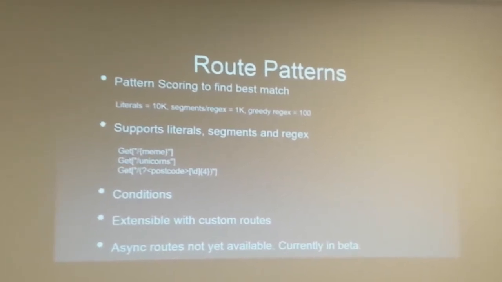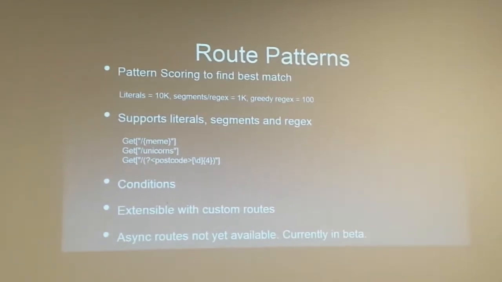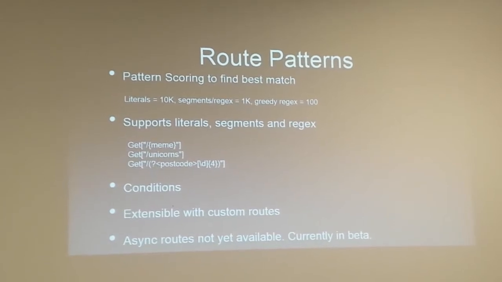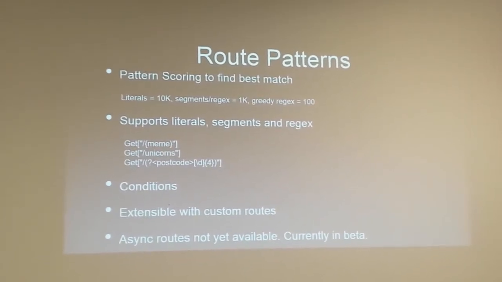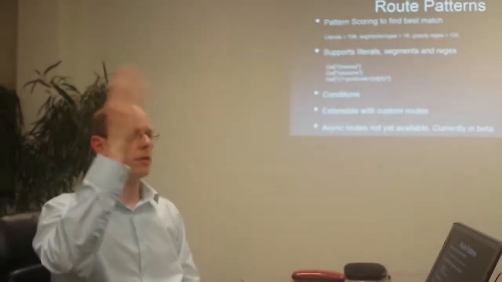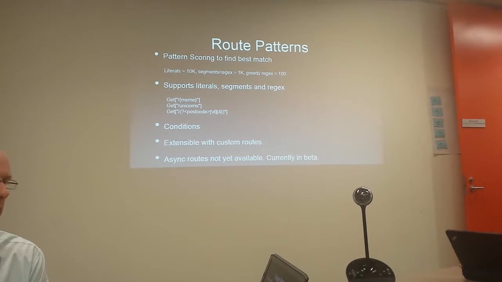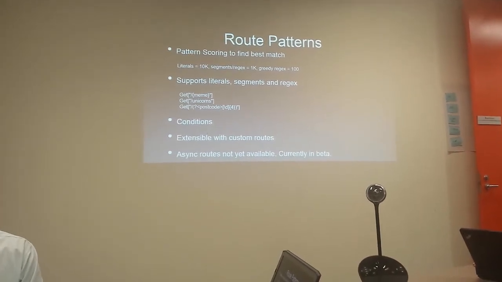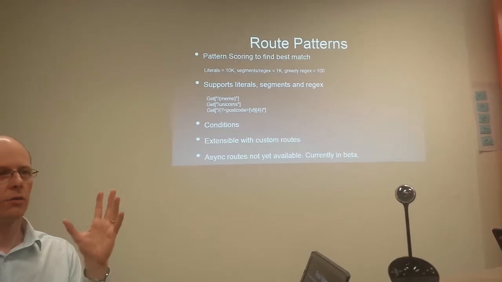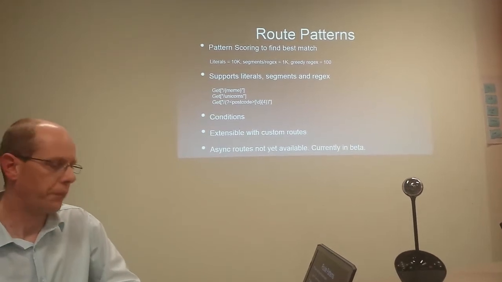If it finds two routes with the same score, it picks the first one it finds, either in order of whatever reflection picked up when it went through and scanned everything, or in order of where it appears in the code, if there's two matches in the same module, for example. So a literal match, like the slash that we saw before, or slash home if we put one like that in, gets us a nice score of 10,000. Awesome. Any segment matches or regex matches is 1,000. Yay, very exciting. And if we do something like a greedy regex, where we're pulling in the entire rest of the string, for instance, that gets not much at all, 100. And it will balance that out to try and find things.